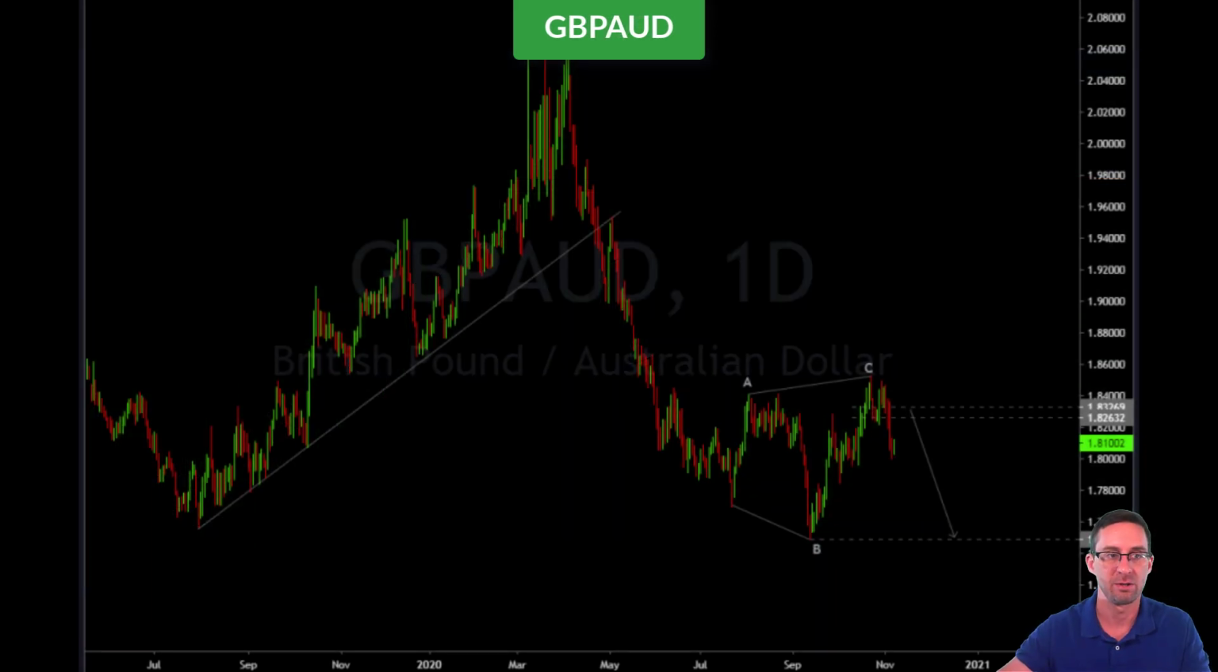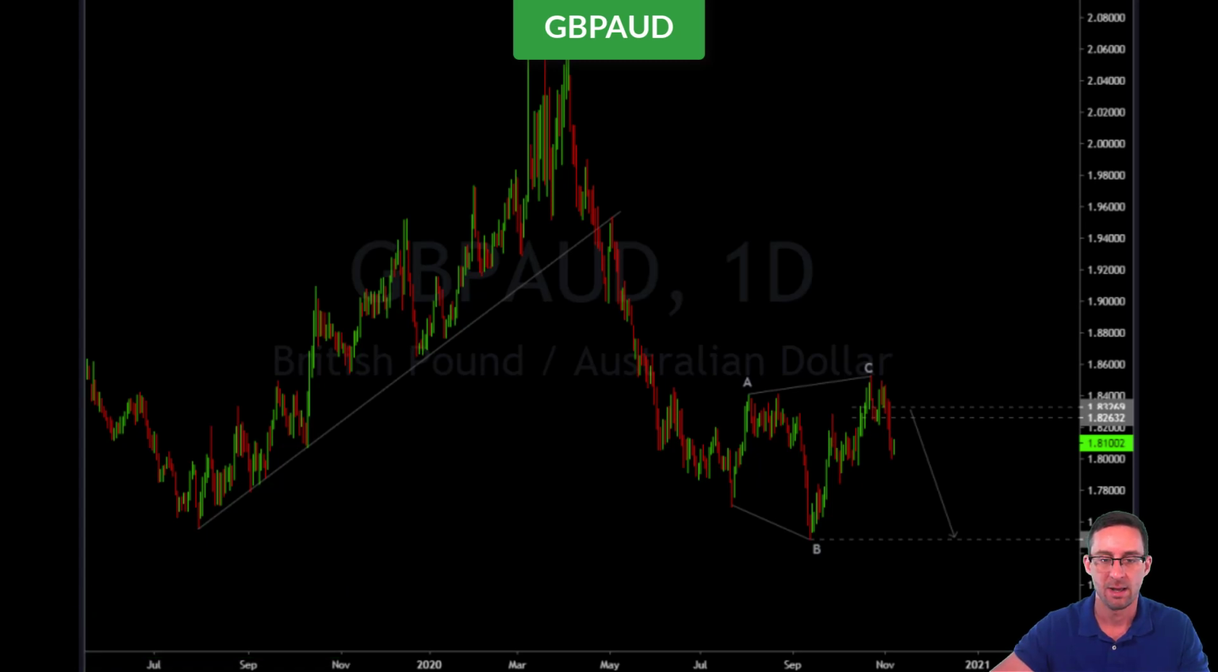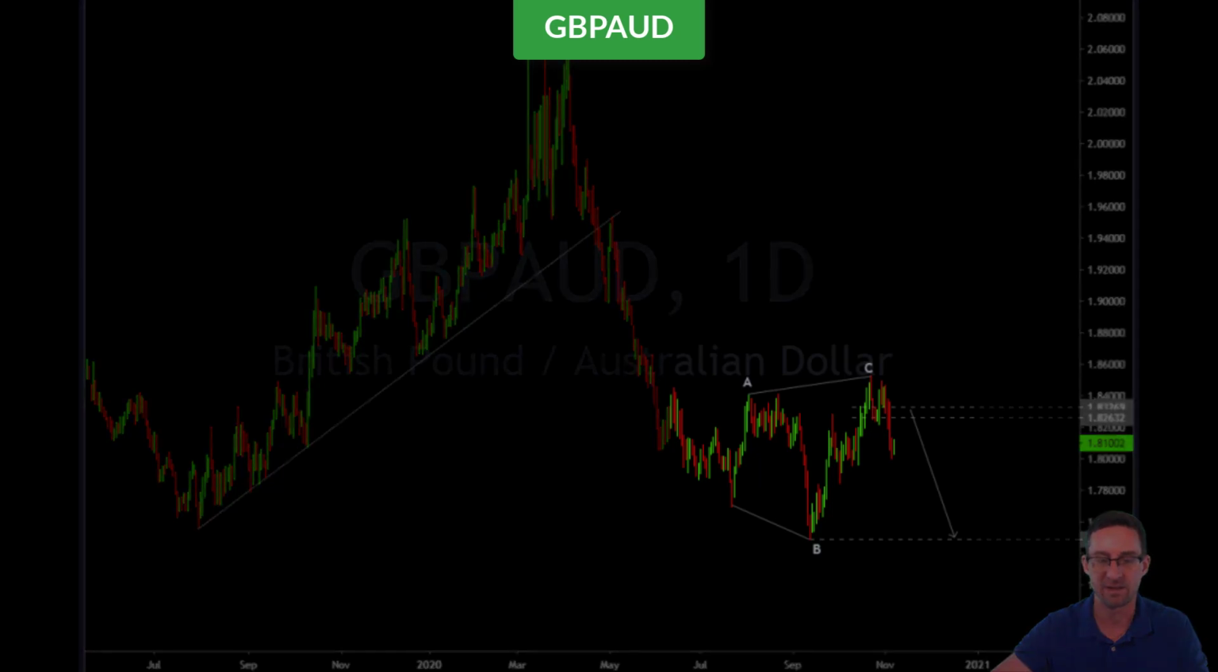And the final chart I want to look at is another pound chart, and that is pound Aussie dollar, submitted by Ndumisu, one of our newest members in our community that's also been doing really well. And he's looking at a potential short on this pound Aussie dollar, and I've got the daily chart in front of me, and we have a potential ABC pattern expanding flat here, and he's looking for this market to just